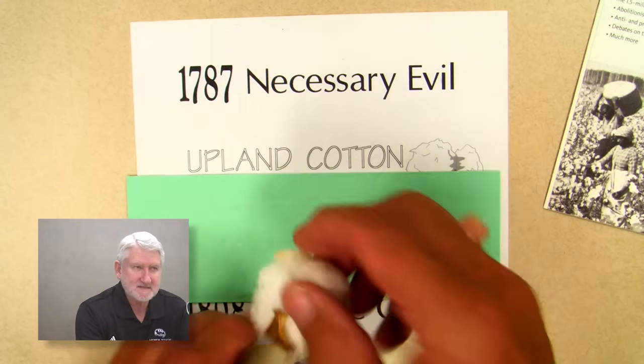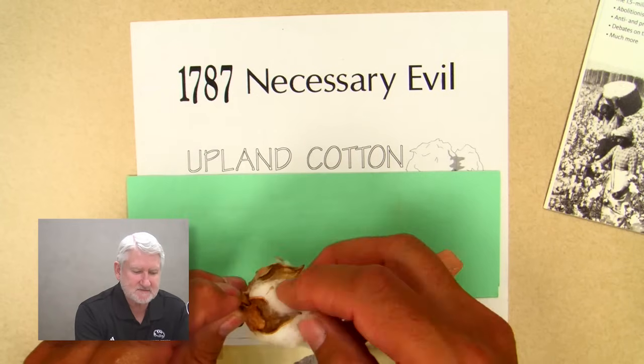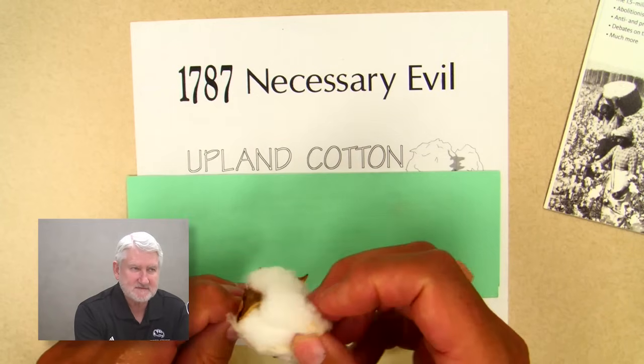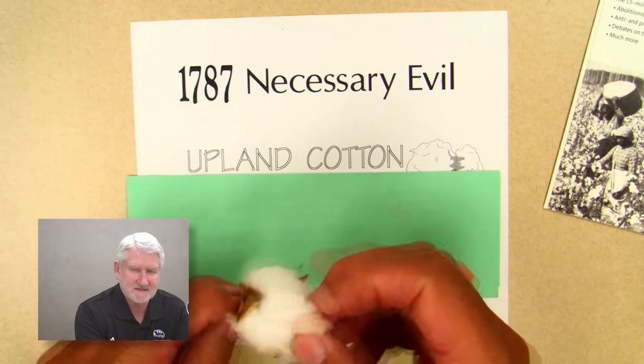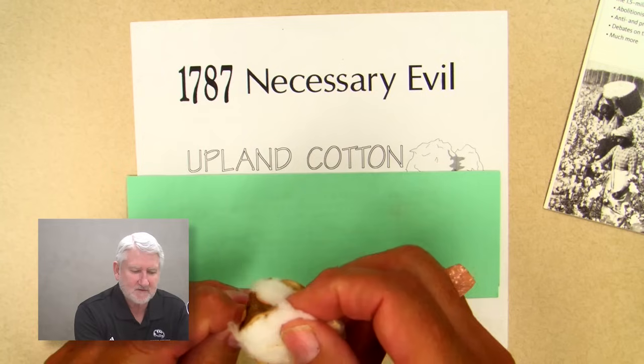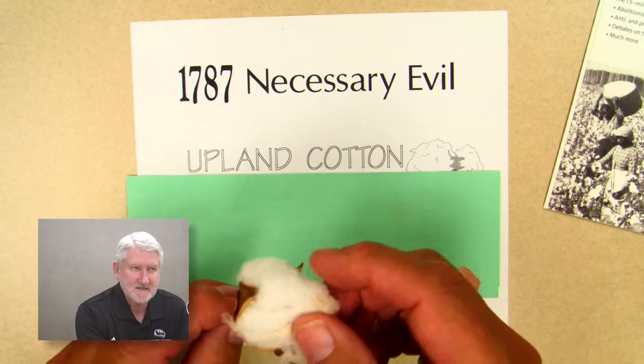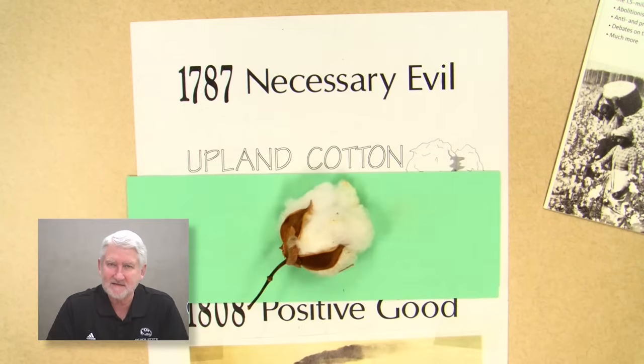And he was in the process of trying to, I can't really show you this without destroying this cotton ball, but he was laboriously trying to pick these little seeds out of there. I can feel it. It's about the size of a pea. And trying to pick those seeds out of there because before you could market the cotton, you had to get those bothersome little seeds out of there. She said it's just too labor intensive to process the cotton.